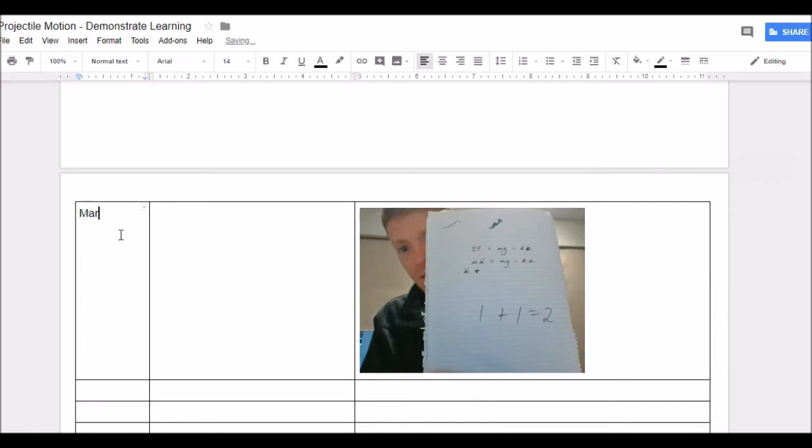So they would add their name and explanation. What have they learnt? This piece of work